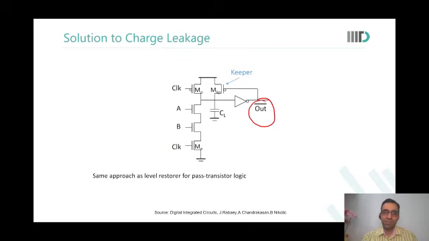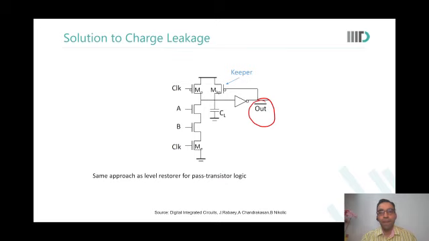Are you able to see this? So if it has to be a rising transition, then the output has to be inverted from whatever you got from the dynamic gate. So actually you will use out bar at all the places where you need to use the output of this combinational gate. Okay.